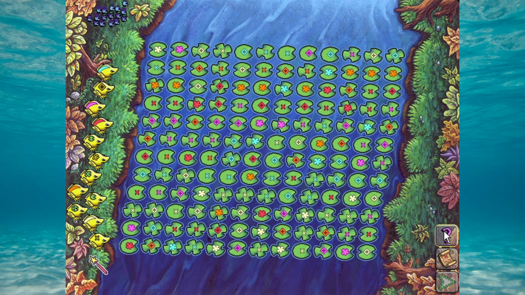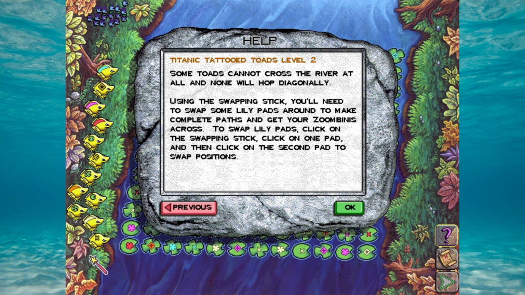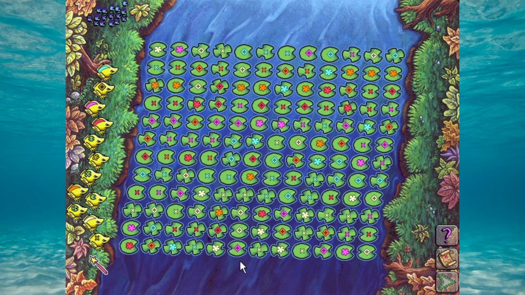I've never seen that creature before in my life. Zoombini needs a titanic tattooed toad to carry it across the field of lily pads to the other side. The toad will follow a special path that matches the shape it catches. Some toads cannot cross the river at all, and none will hop diagonally. Using the swapping stick, you'll need to swap some lily pads around to make complete paths and get your Zoombinis across. To swap lily pads, click on the swapping stick, click on one pad, and then...